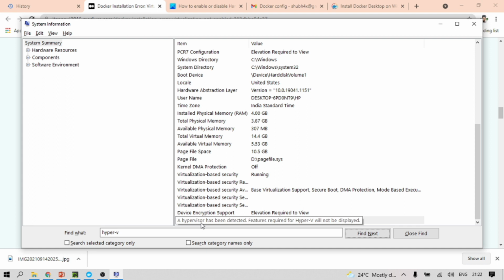It is showing a hypervisor has been detected, so the features required for Hyper-V will not be displayed. Got it? When virtualization is not enabled, we can see the Hyper-V configuration. Once it gets enabled, we cannot see the configuration.